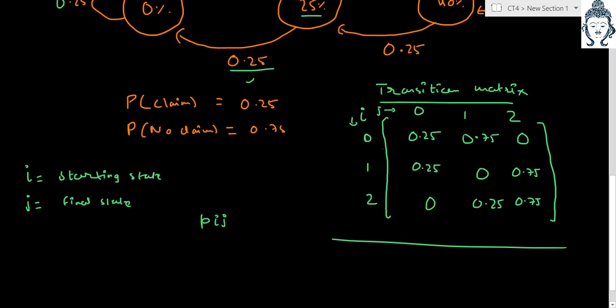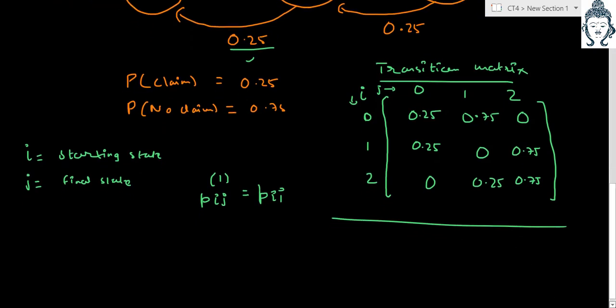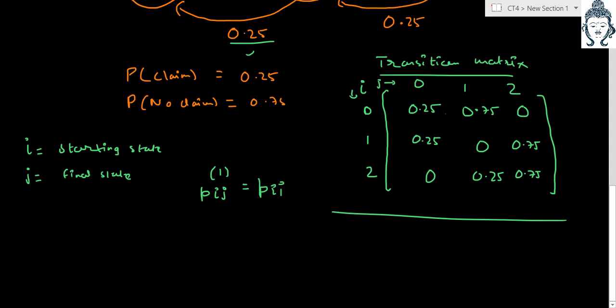Okay, it can be written as Pij. And since it is in one step, we can also write it as Pij1, which is also written as just Pij, right? So each element is that. Now if you see the rows, the sum of each row of this transition matrix is adding up